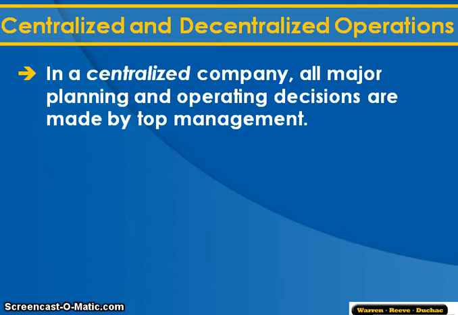If you've got a centralized operation, all major decisions about how the business is going to be run are made at one single point. That would mean there's one series of directors and CEOs and one major set of bosses making all of the decisions about how a business is going to run. This is fine if you've got a medium-sized business, but if you've got a huge business, let's say Yum Foods, which is a massive conglomerate, it's not going to make sense for one series of people to make all of the decisions.